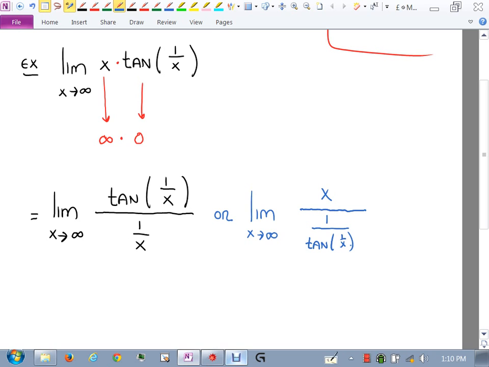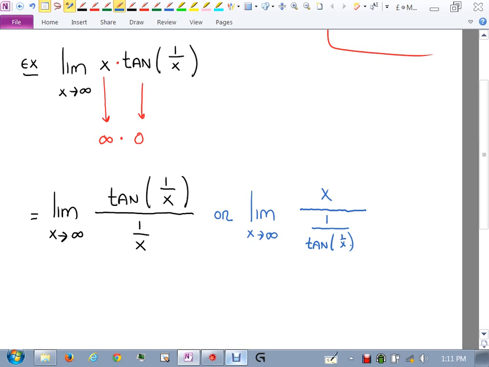Do you know the derivative of tangent of something? Secant squared of that something. Then you have some chain rule in there. Can you take the derivative of this? This is like x to the negative 1, so that should be okay. Over here, the derivative of the top would be 1. But down here, isn't this like a quotient rule? Because it's 1 over tangent. You could also write it as